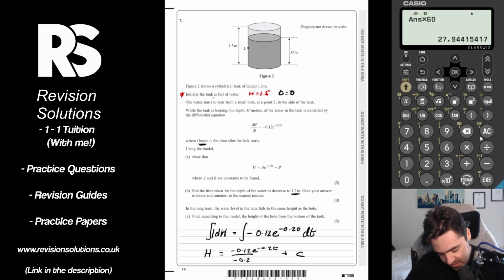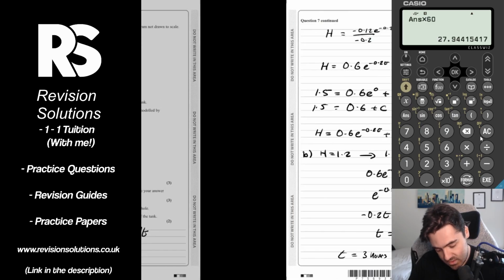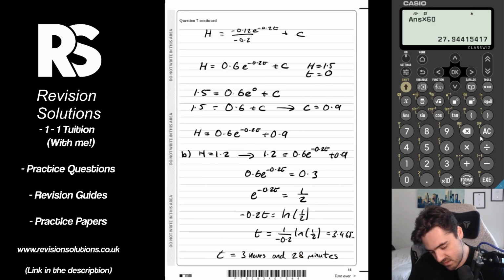Then for the last part, it says, in the long term, the water level in the tank falls to the same height as the hole. Find, according to the model, the height of the hole from the bottom of the tank. So in the long term, that just means as t gets really large. So if we take our function here again,